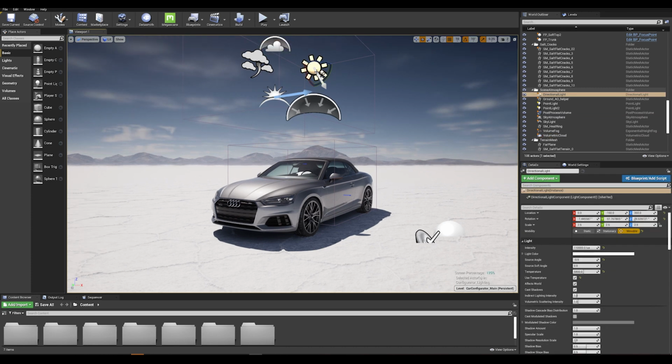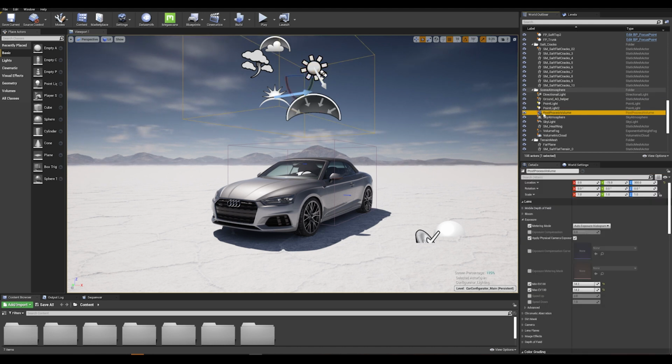Okay, so let's first start with the directional light. The sun plays a very important role for lighting, especially in this scene. And the way we approach lighting in this scene was to use physically based values. If you look at the real-world sun intensity values, the sun is measured in lux. And for bright sunlight, the values average 110,000 lux. So if we go into our directional light properties and go into the intensity, we can see that value is transposed here in lux. So by entering such a high intensity value, we will need to adjust our camera exposure to compensate for the light.